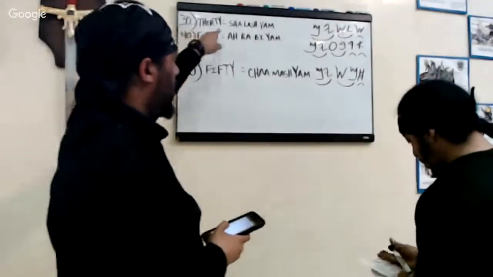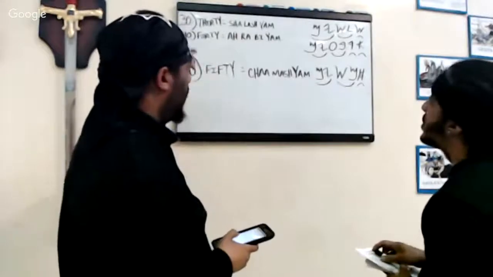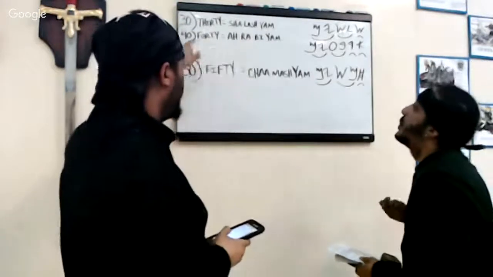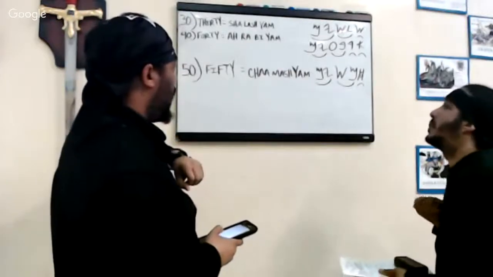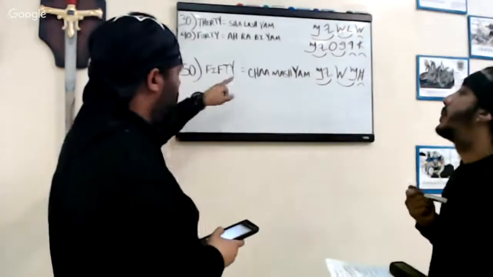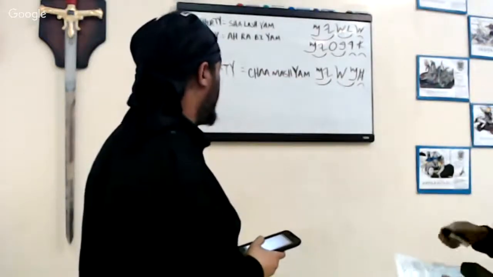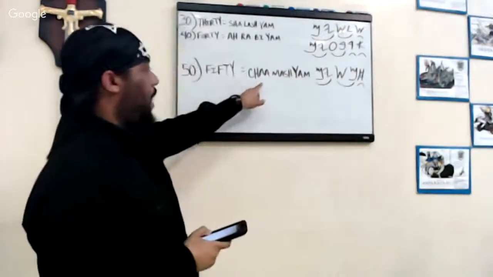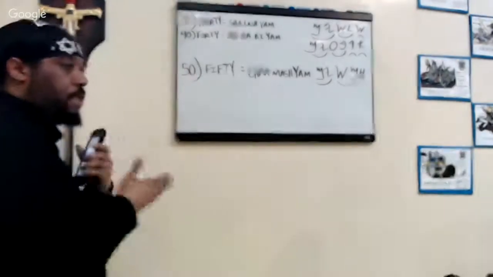So number 30 is what? Shalosha. Say it again. Okay, number 40 is? Arba'im. Okay, number 50 is what? Chamishim, right. Always remember to pronounce that cha. Okay? Give a hand to